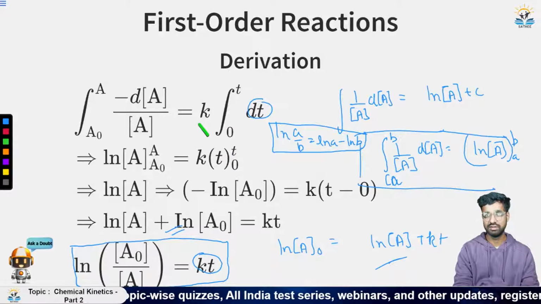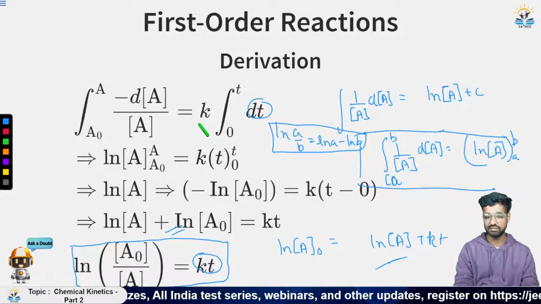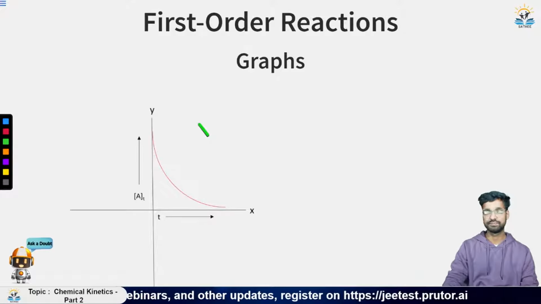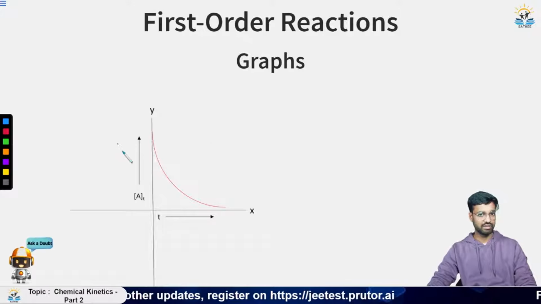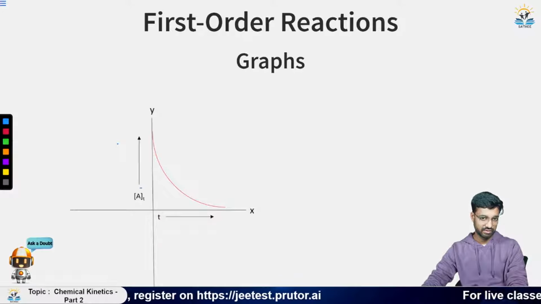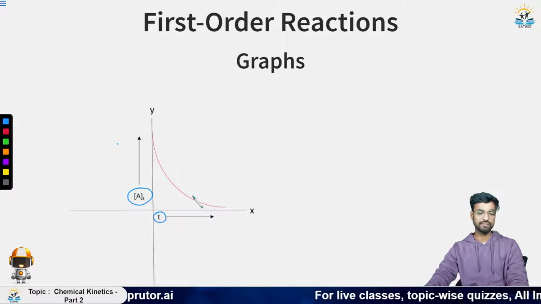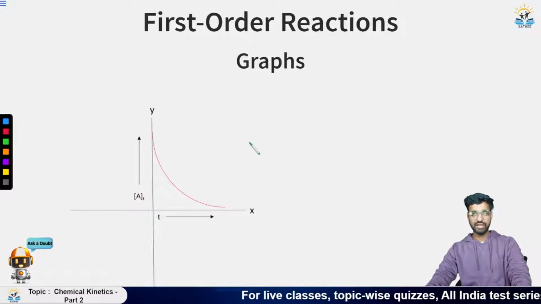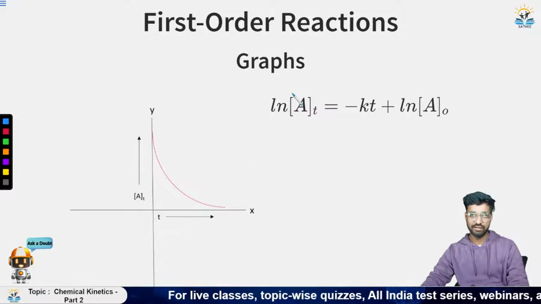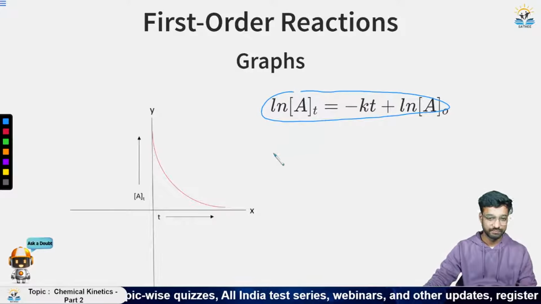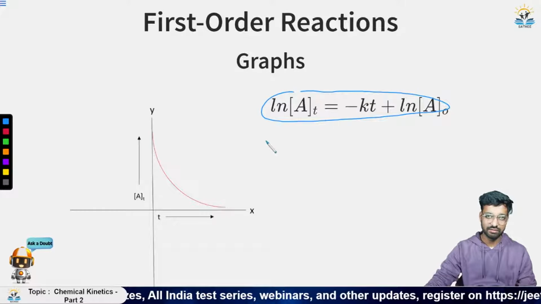Now this was for the first order reaction. Now let us see the graphs of first order reaction. So this is the first graph we have here, that is of change in concentration of A with respect to time. Now if you see the equation here, it is written like this. Okay, so we can transform it later and write it as